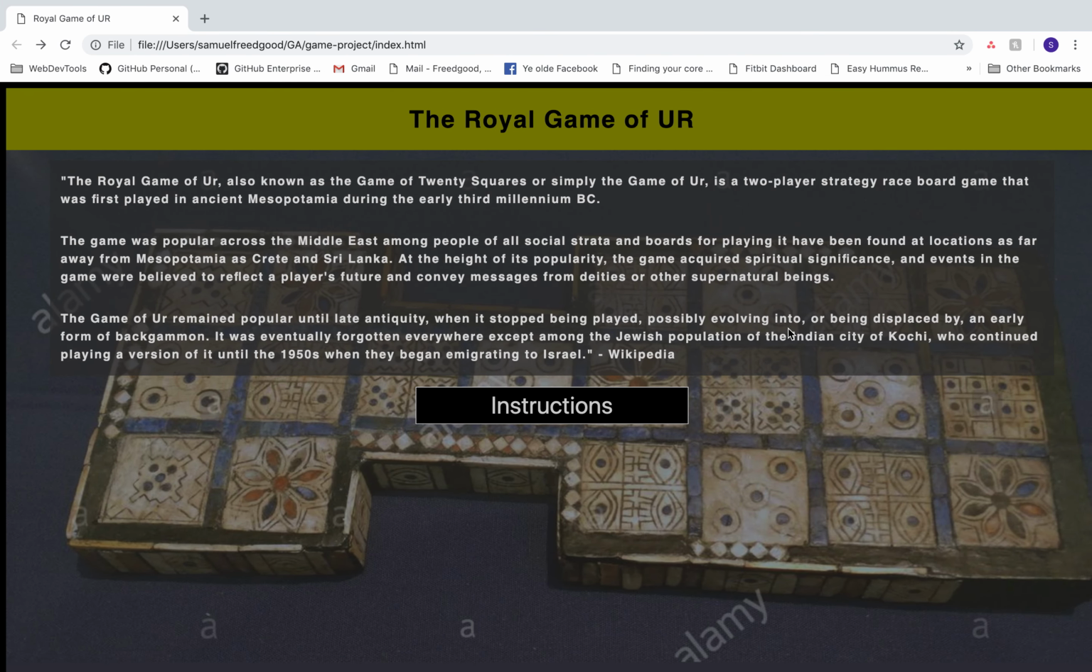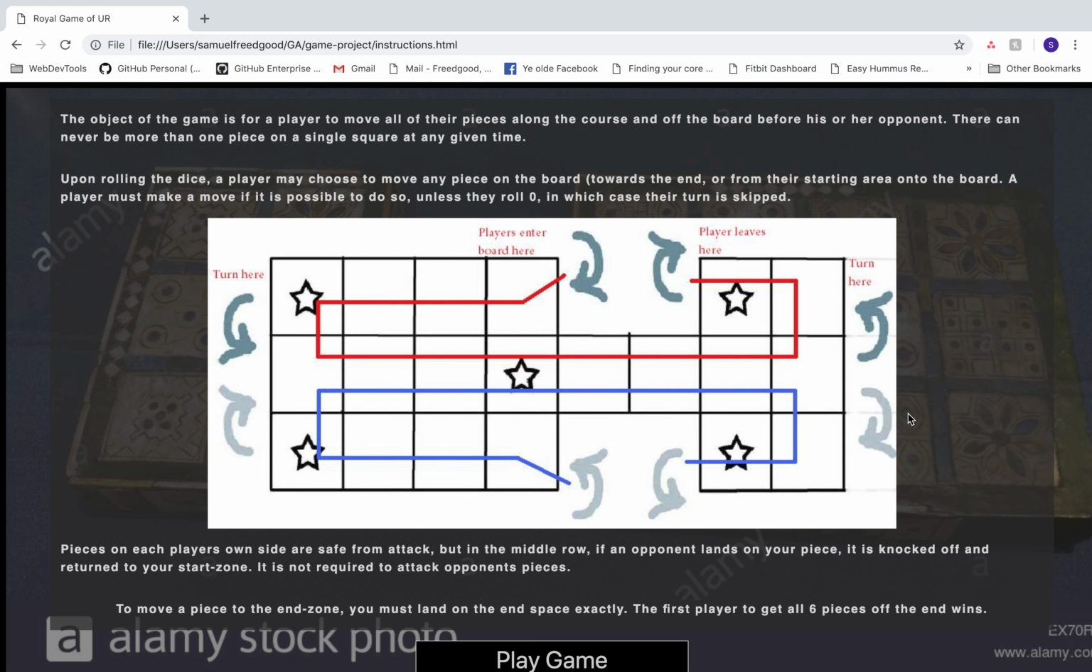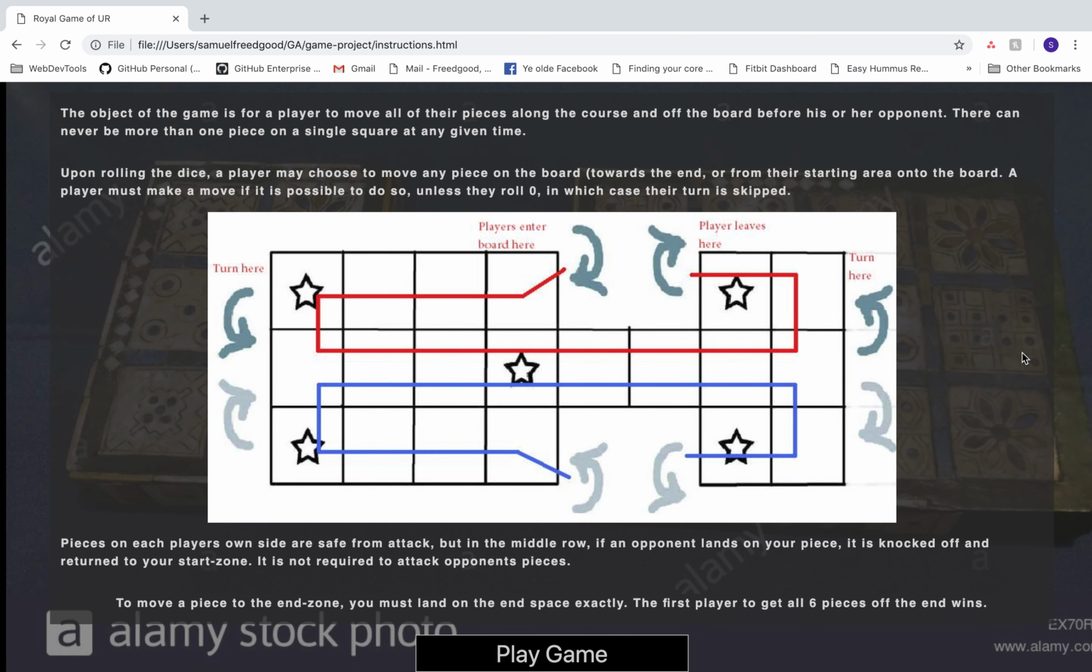So, for my game, I decided to recreate an ancient Mesopotamian game. I made my landing page a brief history of the game, and then when you click on the instructions, it explains the directions for the game and gives a visual of how to play and how to move the